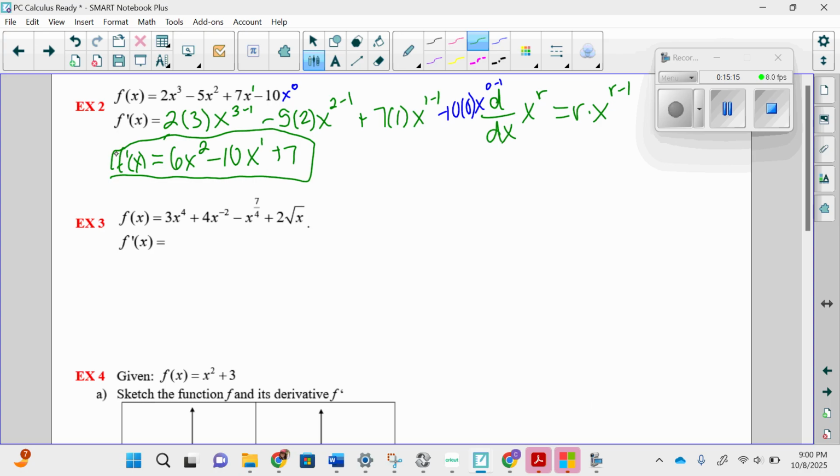Example 3. 3x to the 4th, drop the 4 down, that's 12x to the, decrease that exponent by 1, third, plus drop that negative 2 down, that's negative 8x to the, decrease that exponent by 1, so negative third, minus, or plus, drop the 7/4 down, so negative 7/4 x to the, decrease that exponent by 1, so 7/4 take away 1, or 4/4, is 3/4,